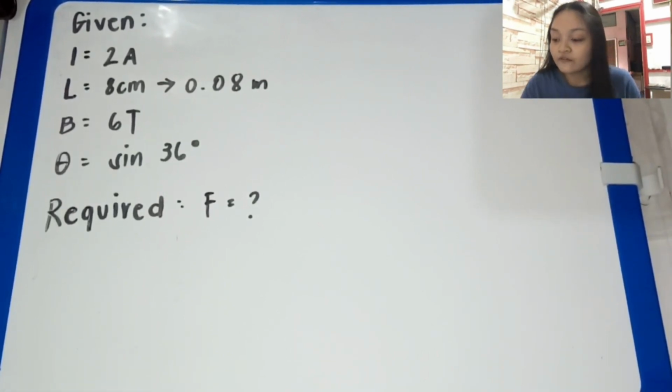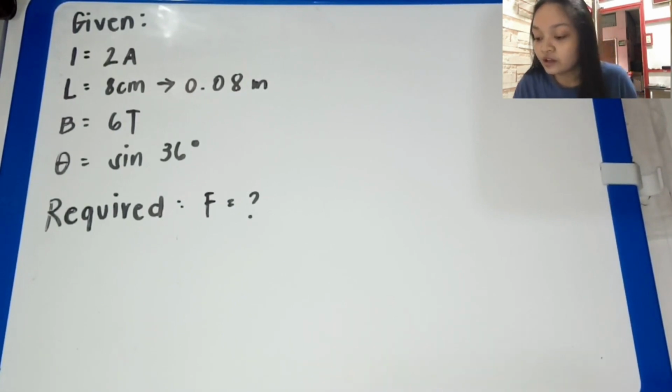So, we have given here I is equal to 2 A, which represents current. L is equal to 8 cm, which we converted into meters, so we have 0.08 meters, and L is the length of the conductor. B is for magnetic field, and we have given 60, and the angle is 36 degrees. So we are required to find the force. And now we are going to use the equation of